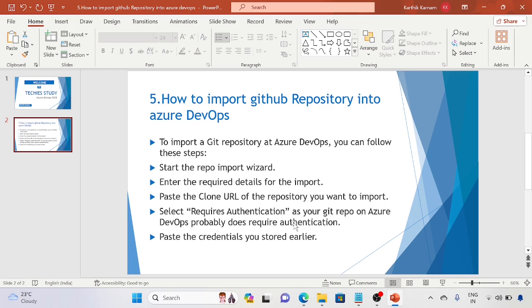Today we are going to discuss how to import a GitHub repository into Azure DevOps. To import a Git repository to Azure DevOps, we need to follow the below steps. Start the repo import wizard, enter the required details for the import, paste the clone URL of the repository you